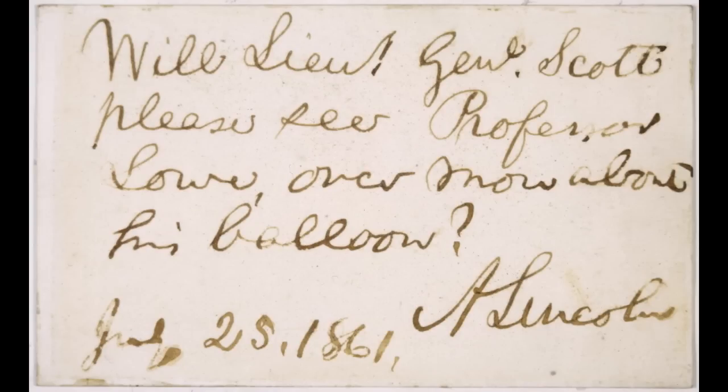And we have this letter in our collection. What is this letter about? Well, Lowe had a tough time convincing the Army that the balloons were a good idea. And so Lincoln actually wrote that letter in our collection, a little note, telling General Scott to pay attention to what Lowe wanted to do. Now let's take a look at the National Mall the way it was during the Civil